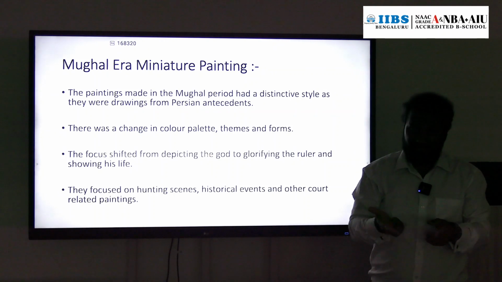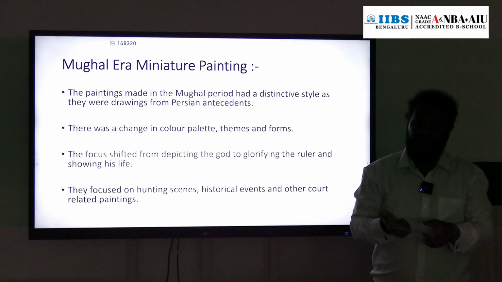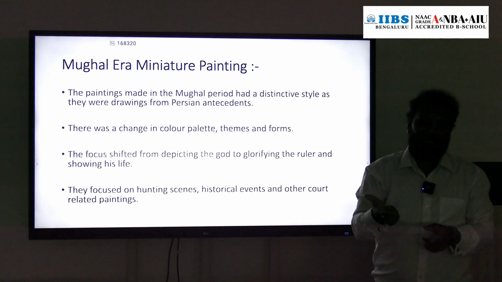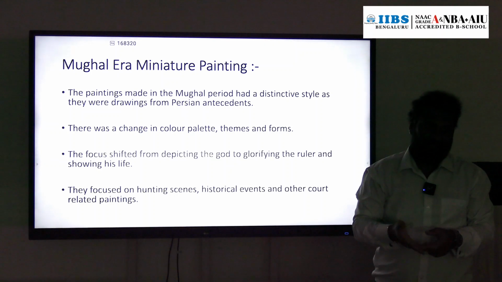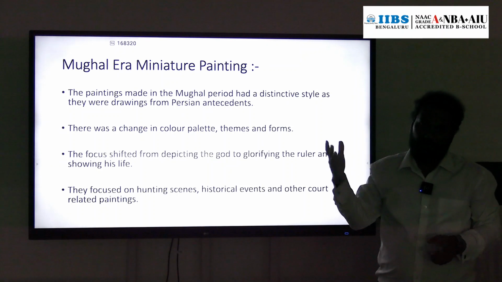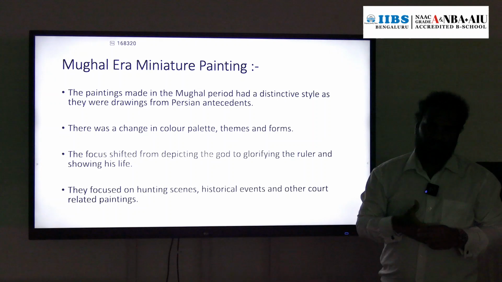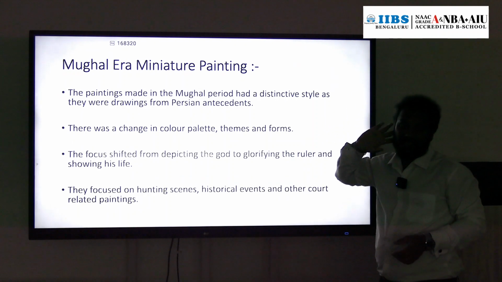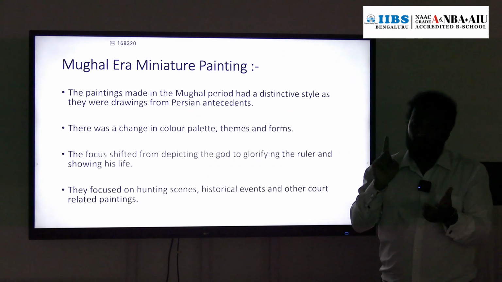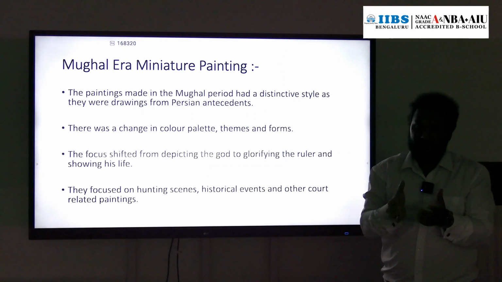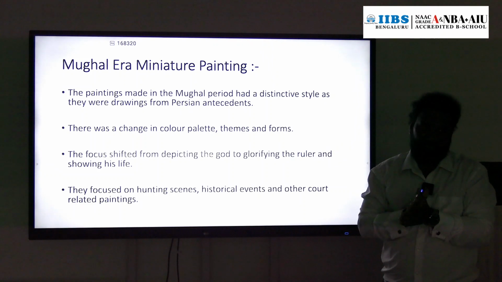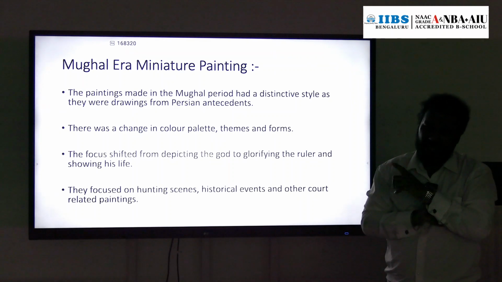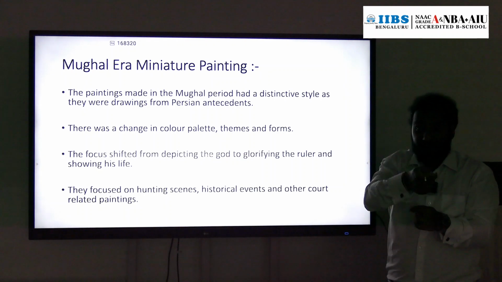The theme is like naturalism during Jahangir's time, and in Akbar's time, court scenes and celebration of festivals. Those were the themes of the Mughal miniature paintings. Okay, and Mughal paintings have Persian influence. Now how Persian influence? Because Humayun was there, right? From 1540 till 1555, Humayun was absent from Delhi. Again he came and defeated